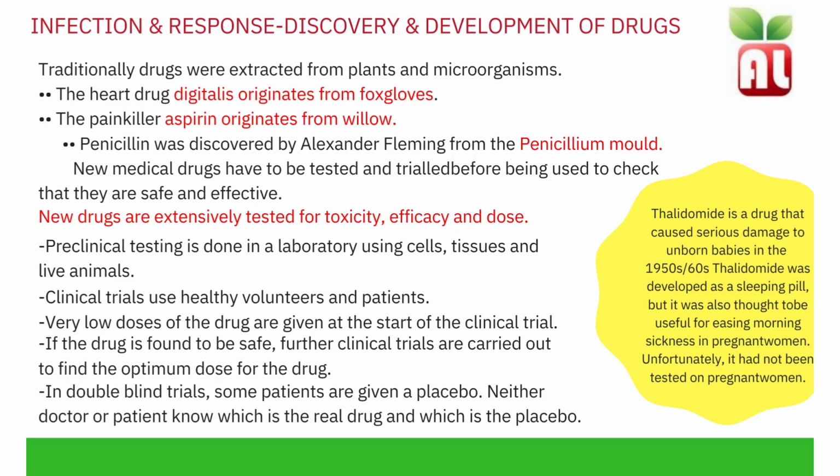We have blind trials and double-blind trials. Blind trials are those in which the doctor knows whether a patient is given a placebo or the real form of the drug. A placebo is the form of a drug that does not have any active drug chemicals in it. It can also be described as a fake form of the drug. In a double-blind trial, some patients are given a placebo and others are given the real form of the drug. But neither patient nor doctor know which is the real drug and which is the placebo. And this is to remove any bias.